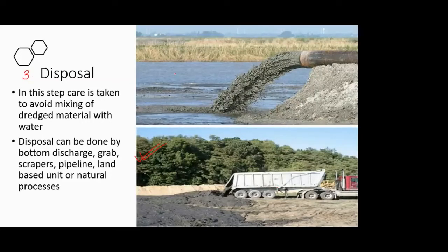And second is, if you see in the top figure, they are just disposing it in the form of slurry. They have not drained off the water as such, into again, grassland or open land or marshy area. Okay, so in a marshy area there is already a lot of mud and water, so you can just add into it. But while doing so, you have to take care that the ecosystem of the marshy land or marshy area is not disturbed. Okay. So that's a different aspect of dredging.